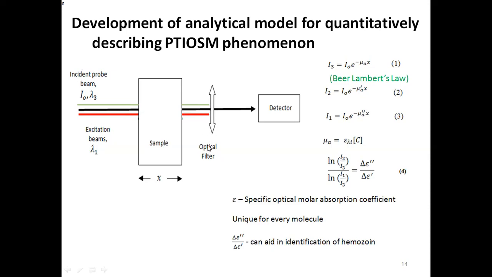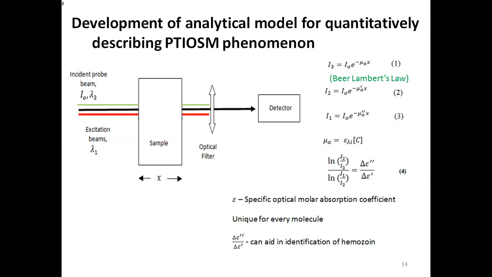But now, if we introduce an optical filter such that the pump beam is blocked from reaching the detector, so that only the probe beam gets to the detector, what we get is an intensity that may not necessarily be equal to the value of the initial detected intensity, and the difference,